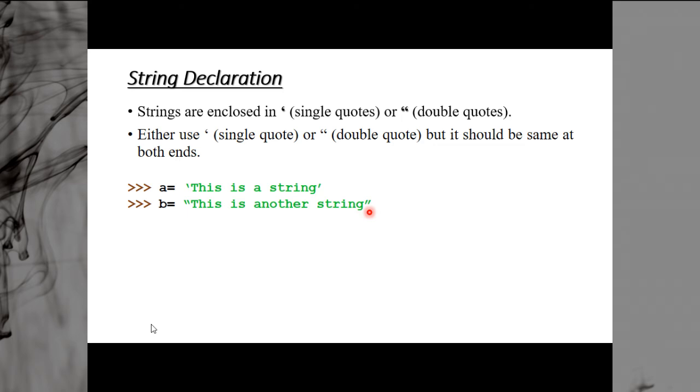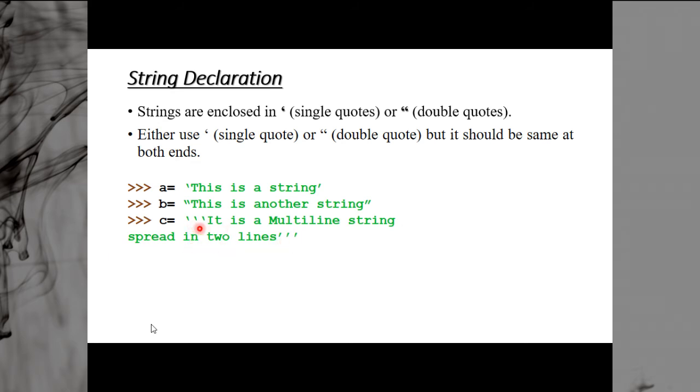When you are working with multi-line strings, you can use triple quotes, like c is equal to triple single quotes. It is a multi-line string, the line has been changed here, spread in 2 lines, and the ending is also triple single quotes.